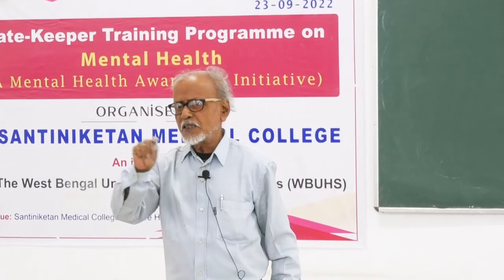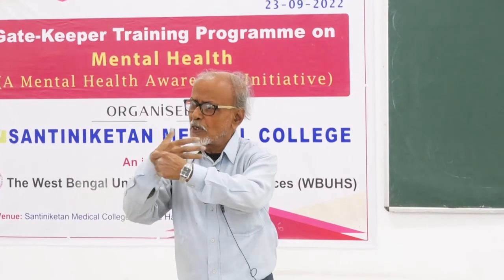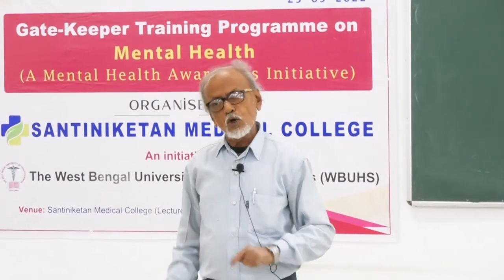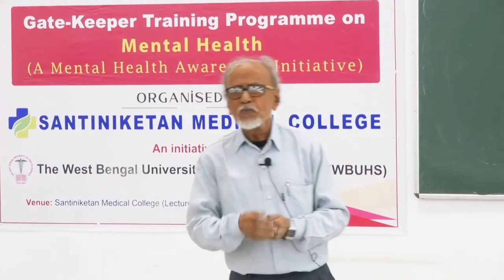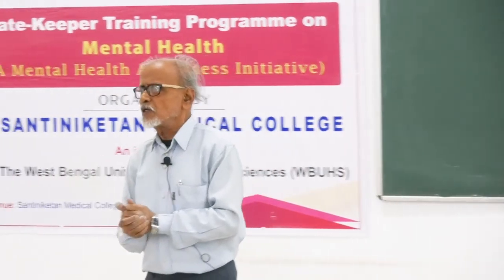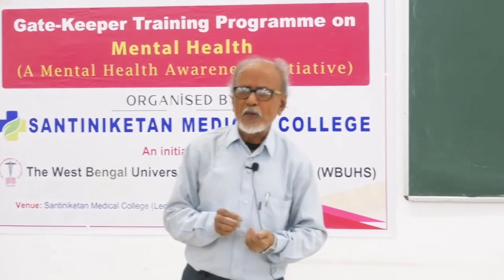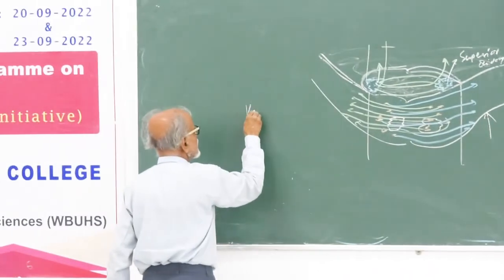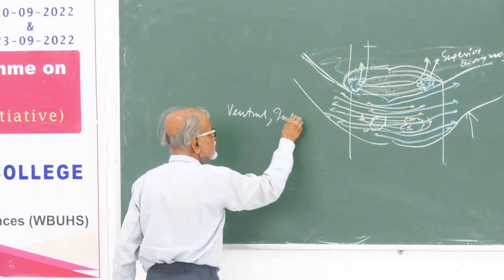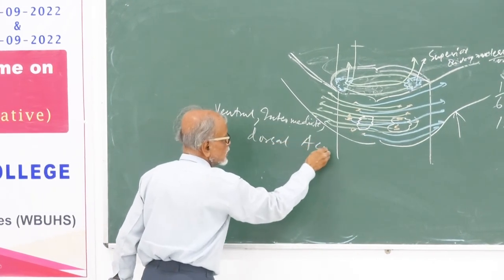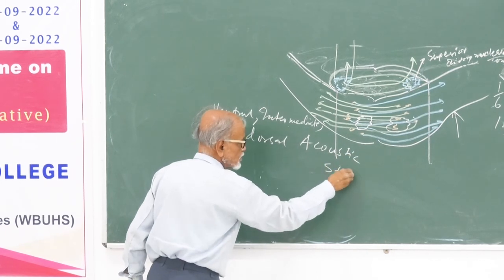বুঝেছো, রানিং বান্ডেল, ডান দিক থেকে বাঁদিক, বাঁদিক থেকে ডান দিক, তাহলে ডেকাসেশন আছে। এবার এই ডেকাসেশনটাকে ক্রস হয়, কিন্তু ডান দিকের ফাইবার মোস্টলি বাঁদিকে যাচ্ছে, বাঁদিকের মোস্টলি ফাইবার ডান দিকে যাচ্ছে, কিন্তু এটাকে আমরা ডেকাসেশন বলি না। ক্রসিং হয় কিন্তু ডেকাসেশন বলি না, আমরা কি বলি, 3টে রানিং বান্ডেল আছে সামনে থেকে পেছনে, এদের নাম হচ্ছে ভেন্ট্রাল, ইন্টারমিডিয়েট, ডরসাল অ্যাকাউস্টিক স্ট্রায়া, ঠিক আছে, ভেন্ট্রাল, ইন্টারমিডিয়েট, ডরসাল অ্যাকাউস্টিক স্ট্রায়া।